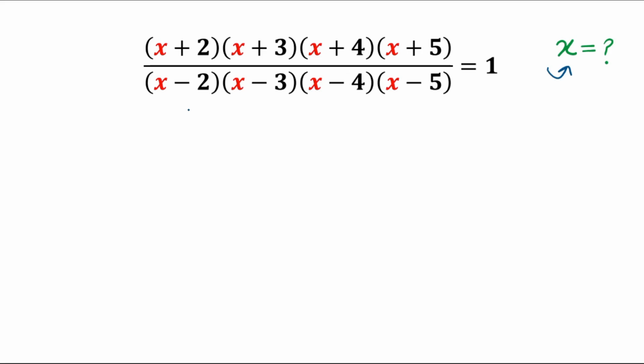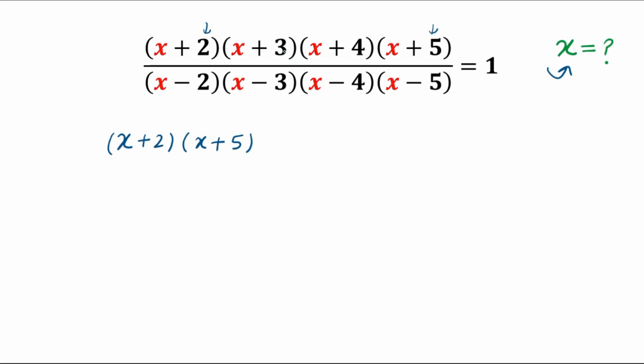Now let's start the solution of this question. Look carefully. Here 2 and here 5. If we add 2 and 5 then you will get 7. So first we will write x plus 2 and x plus 5 together. Here x plus 2 is multiplied by x plus 5,